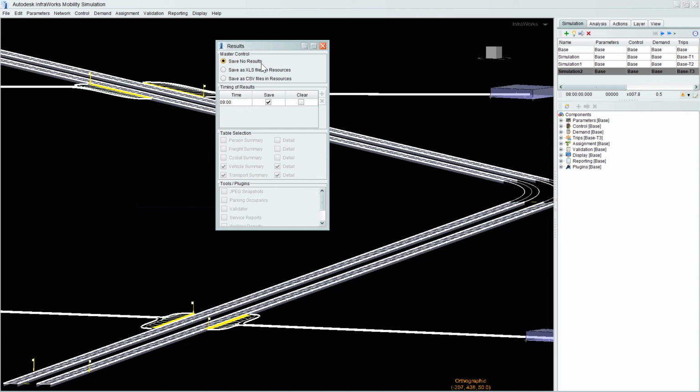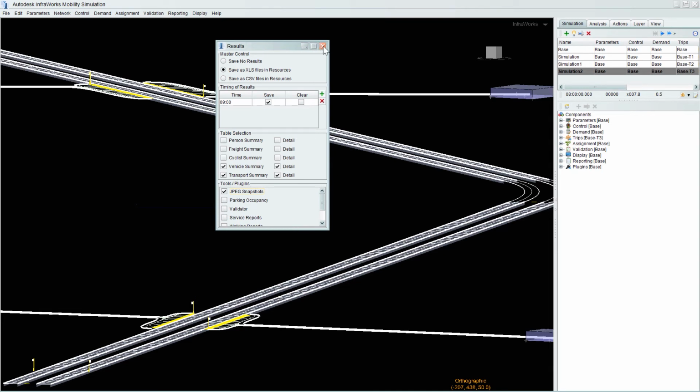And if you want printed results, then you have to get to a point and then get it to save them. So for us, XLS files are good, I think. And then you'll see all this stuff becomes live, and you can configure this for whatever you feel you need.